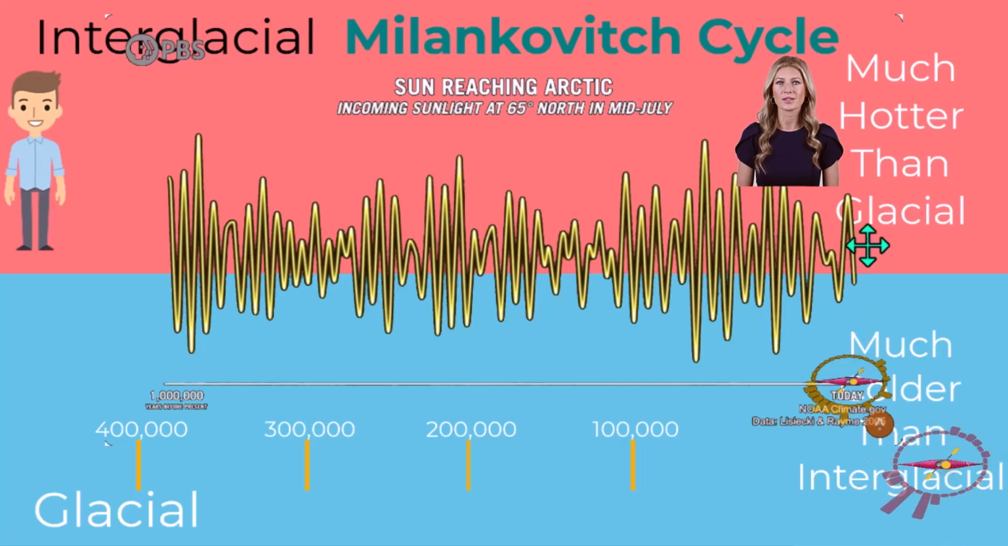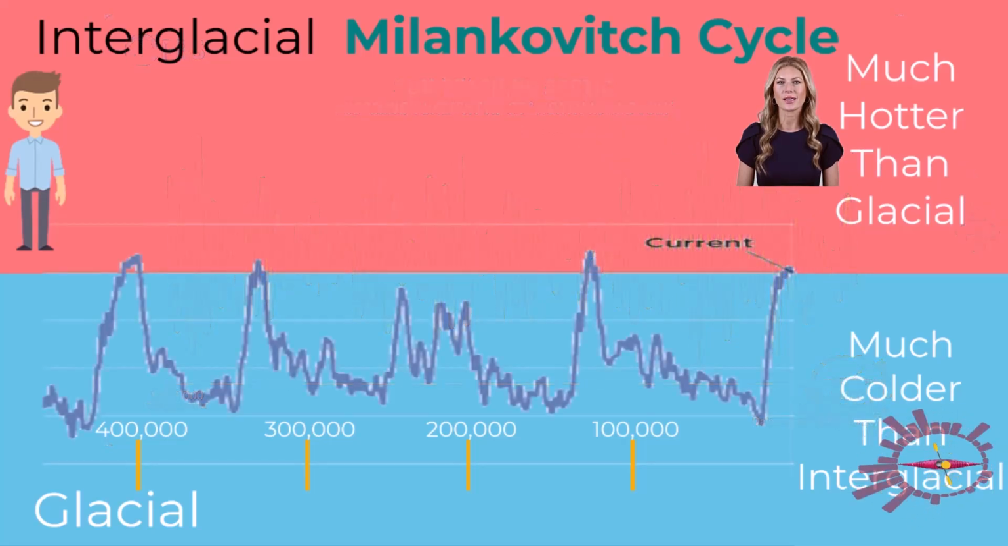Now, because the three cycles operate over different time periods, that's why we get these ups and downs over different periods of time in different amounts. The graph here shows the amount of sunlight falling at 65 degrees north latitude in the northern hemisphere. Because the three factors that affect the Milankovitch cycles operate on different timelines, we get this very non-synchronized curve